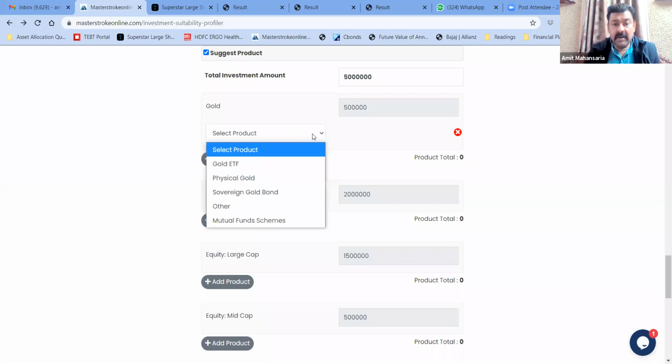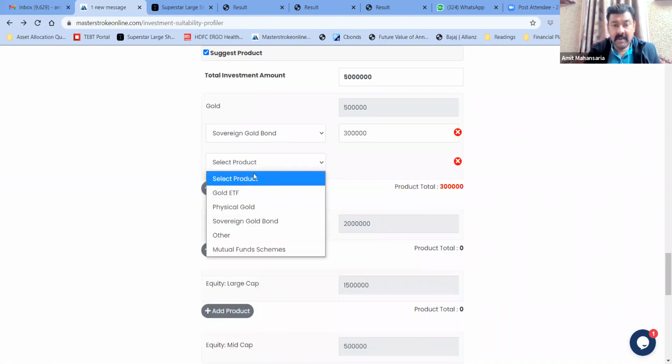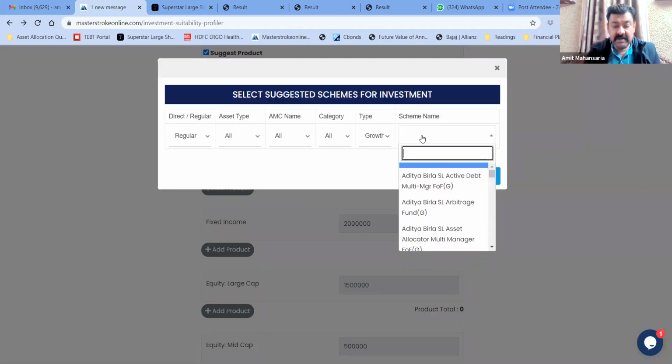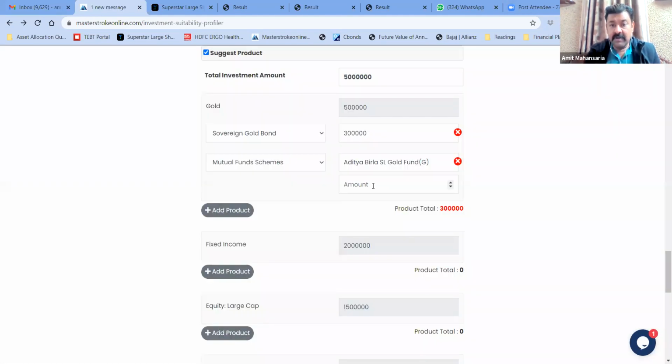Say under gold, you want to suggest him to invest in sovereign gold bond 3 lakh rupees, and in a gold mutual fund scheme, you want to suggest him to invest 2 lakh rupees.